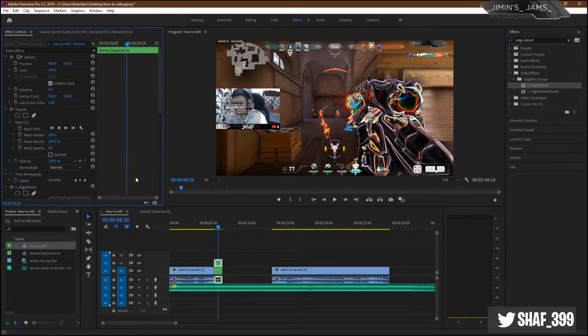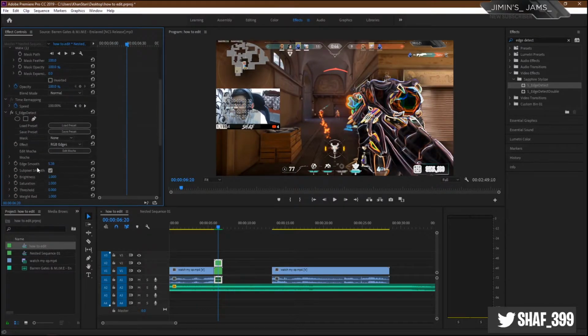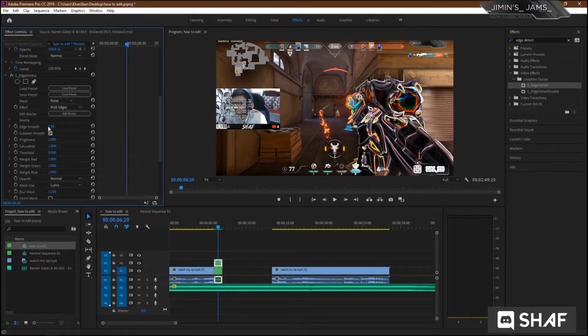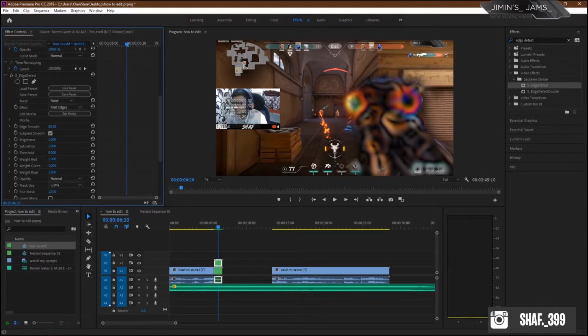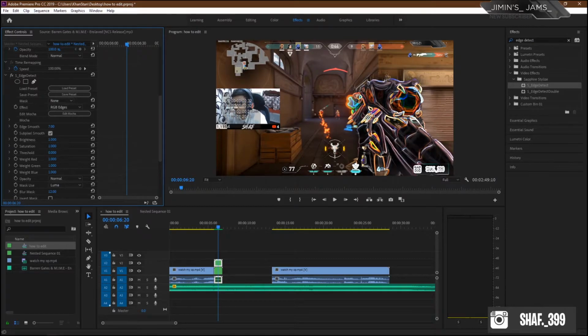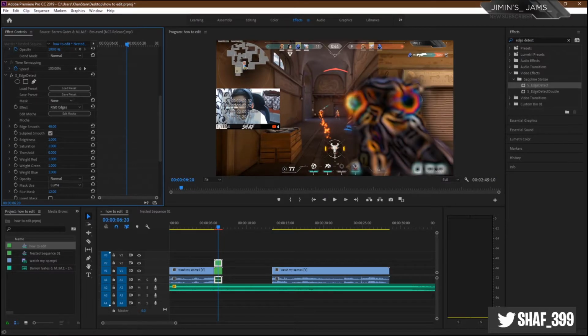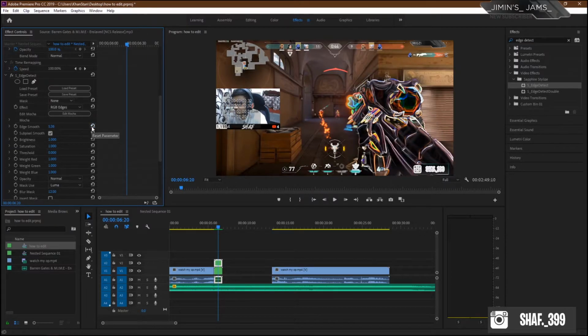So I'm back to normal, and in here you can go around and change things like add smoothness. If you messed up and you don't know the original value, you can just press this and it will be reset to the original value.